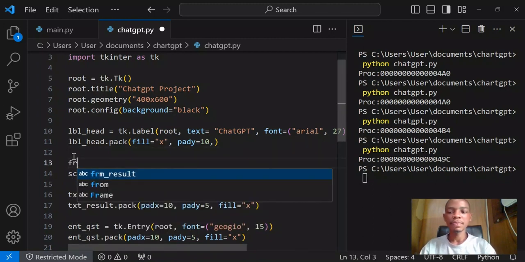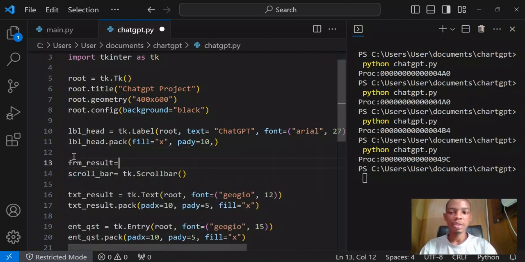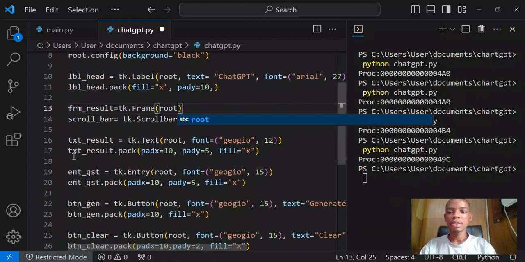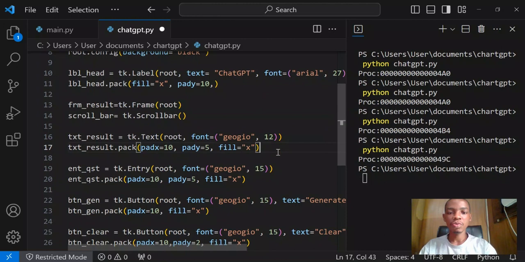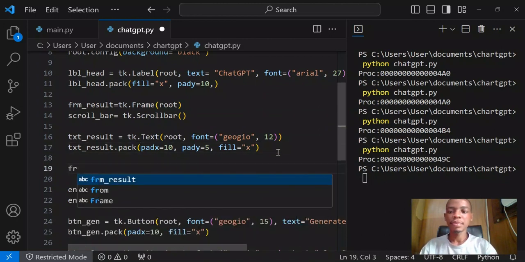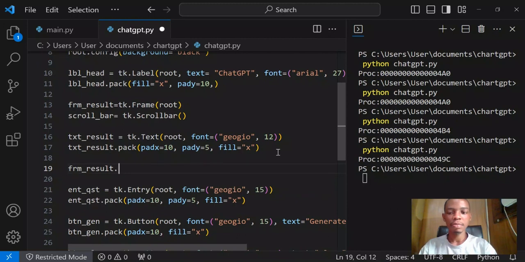That's a frame result equal to tk.frame. Then the frame is in root, and the only content will be the scrollbar and the test widget. So frame result.pack,